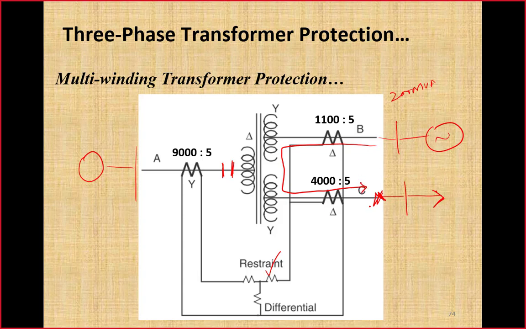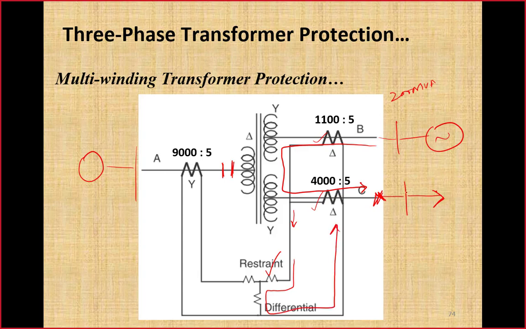As this current is very high, these two CTs will produce more error than normal. That error may be up to 10%, not more than 10%, but that is sufficiently high. The error produced in these two CTs will be different from each other. Due to this reason, our net current will flow downward, because their parallel combination is not producing the same amount of current. So that net current will flow downward through this retaining coil to the differential coil back over here.